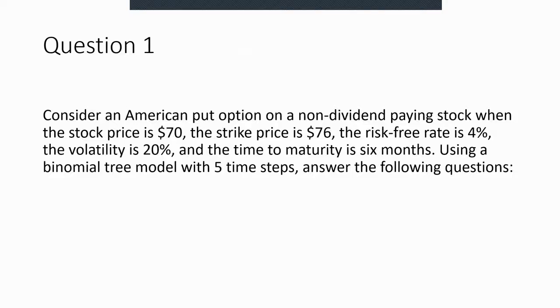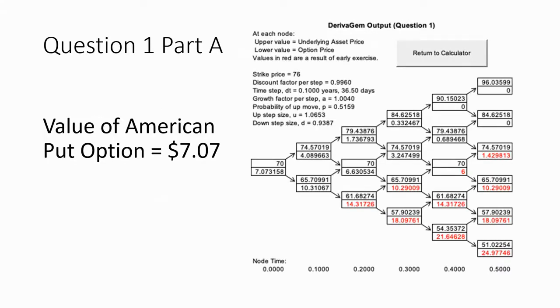So for question one, we were asked to consider an American put option on a non-dividend paying stock when the stock price is $70. The strike price is $76. The risk-free rate is 4%, the volatility is 20%, and the time to maturity is 6 months. So using a binomial tree model with 5 steps through the DerivaGem output software, in part A, we were asked